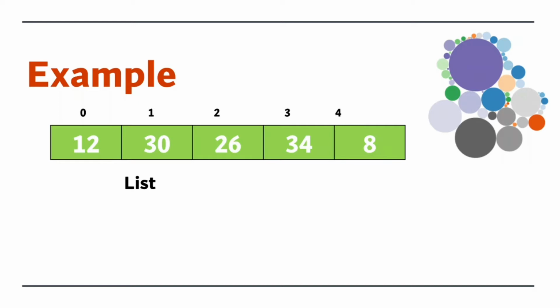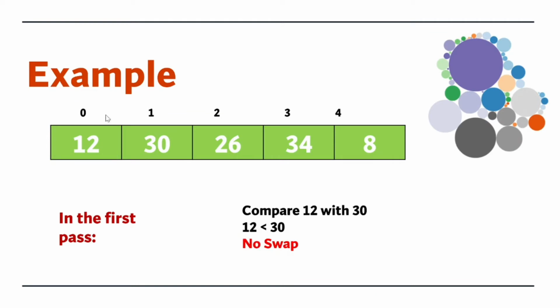So talking about bubble sort, here we will be talking about the passes or the iterations, right? In the first iteration, or the first pass, we are going to compare each and every element with its adjacent element, right? So the first comparison will be between 12 and 30, right? Now you can see these two numbers are sorted, right? 12 should be in the left position and 30 should be in the right. So these are correct, right? So there will be no swap. Then we will be moving one step ahead.